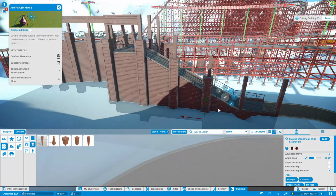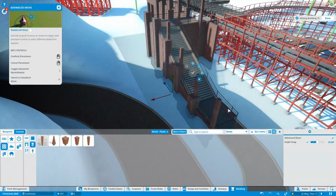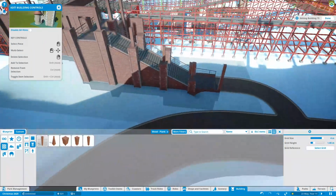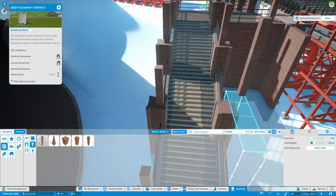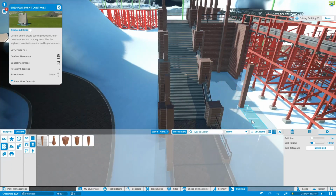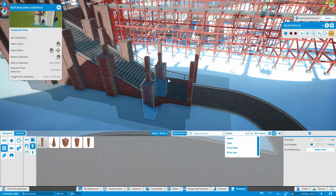So the entire queue system, up until about 3 meters before the start of the queue system, is at right angles to the station, which really helps me. I'm not a Silverette builder, a level builder, in any way. So I need to have all these little things that help me out with the